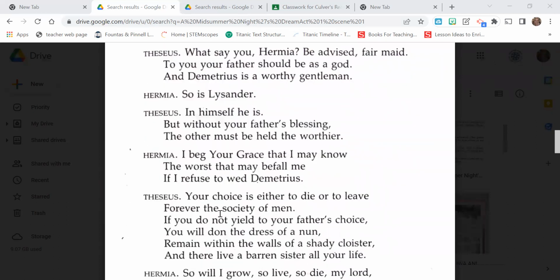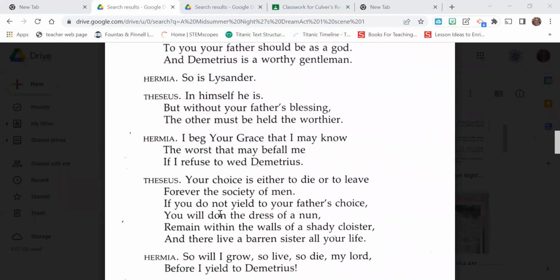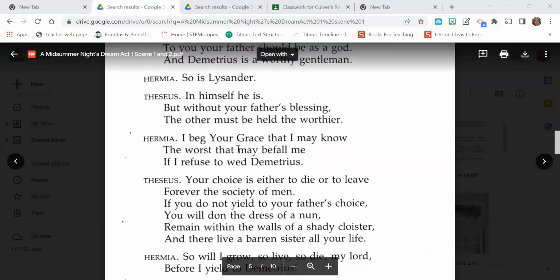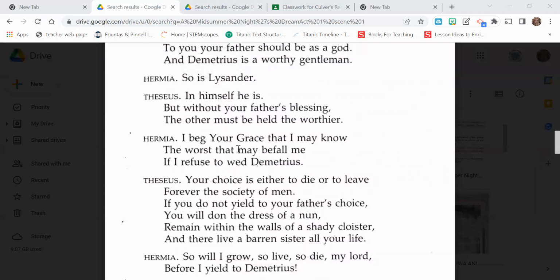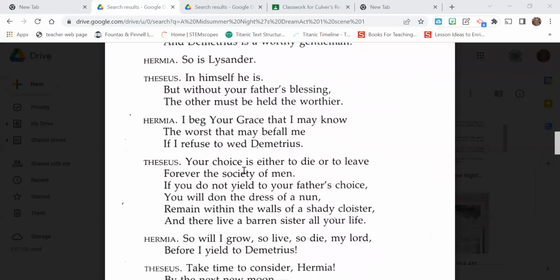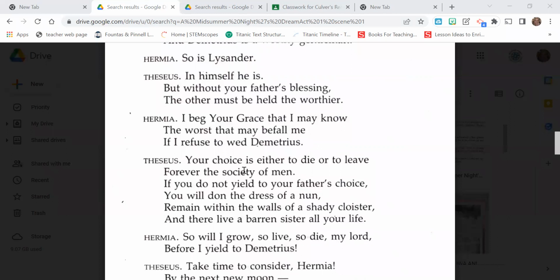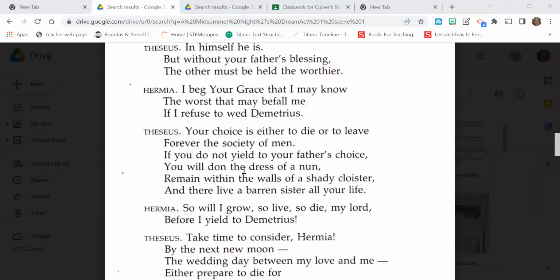Hermia says, I beg your grace that I may know the worst that may befall me if I refuse to wed Demetrius. Your choice is either to die or to leave forever the society of men. If you do not yield to your father's choice, you have the dress of a nun. Remain within the walls of a shady cloister and there live in a barren sister all your life. So Theseus is saying, well, here's your choice. You can marry Demetrius, you can die, or you can become a nun, which means you'll be married to God and you'll be in a little dark room the rest of your life